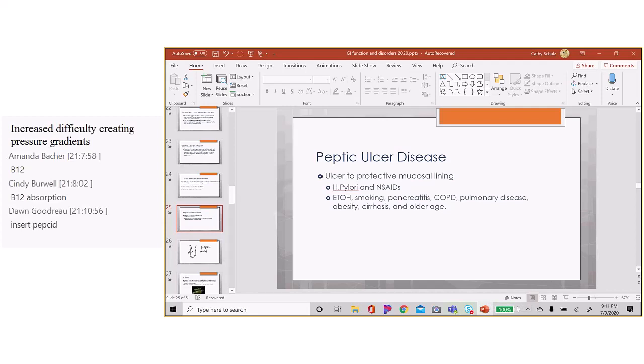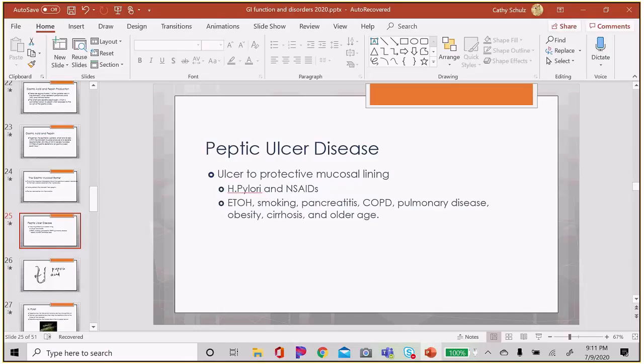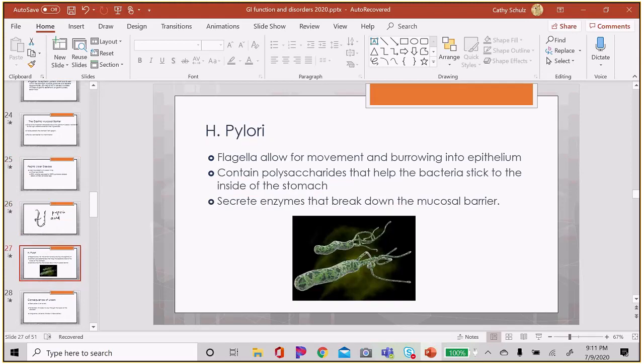So there are certain things we know that can break down the mucosal layer that we want to keep in there. One of them is H. pylori infection, which I'll show you in a second. The other is NSAIDs, non-steroidal anti-inflammatory drugs, because they block production of prostaglandins, which is good in terms of inflammation, but that decreases production of mucus. Other irritants to the stomach include alcohol, smoking, other diseases near the stomach can lead to issues with the mucus lining. H. pylori is one of the more common things that